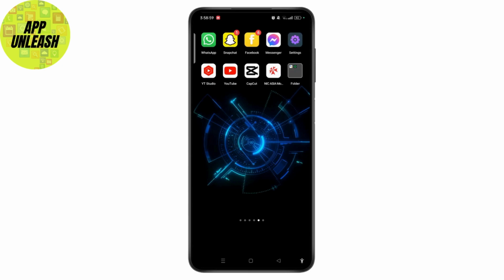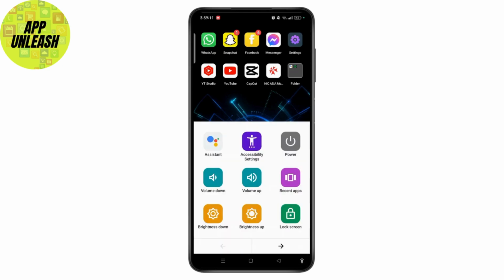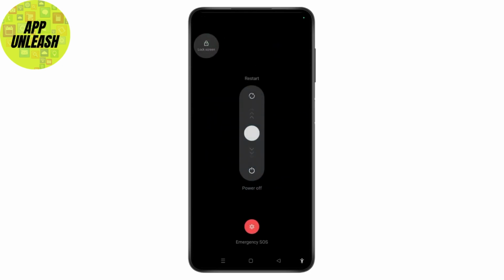As you can see on this home screen, bottom right corner of the screen, a small person-like icon which is the accessibility shortcut button. So let's tap on it. When you tap on it, you can see the power button. So when you tap on power button, here you will have the restart or power off